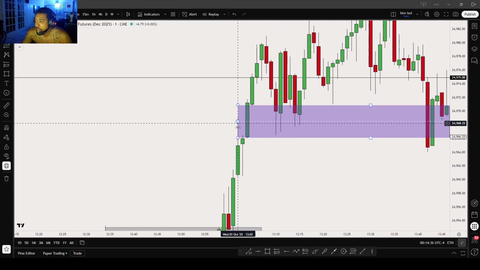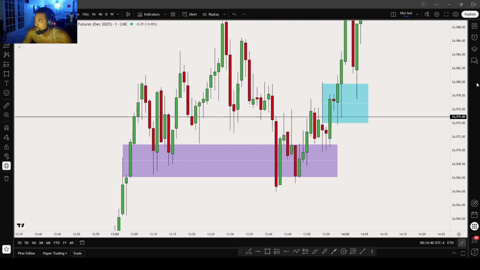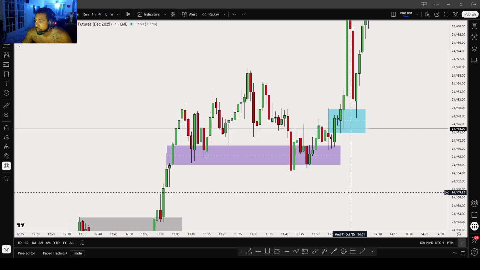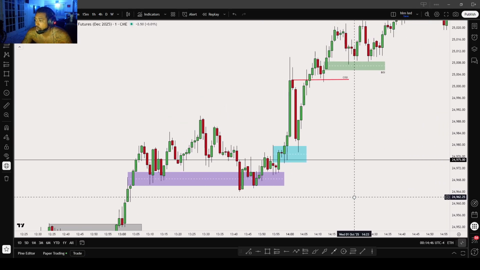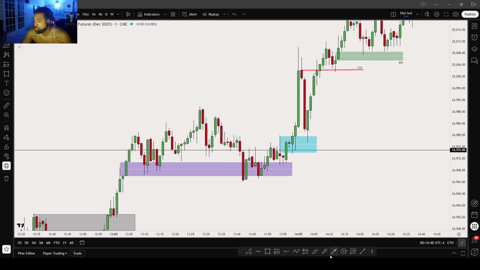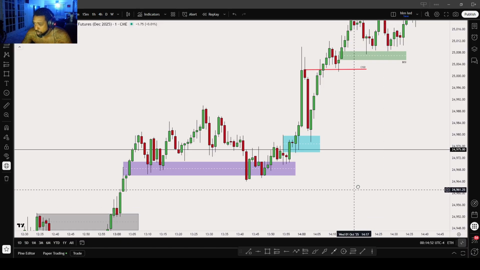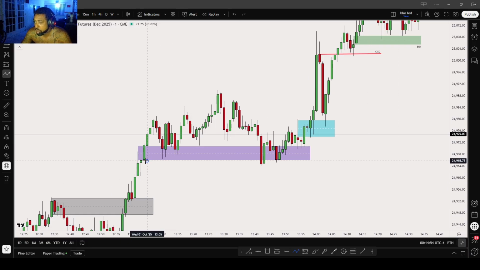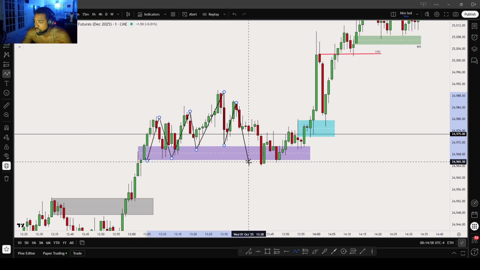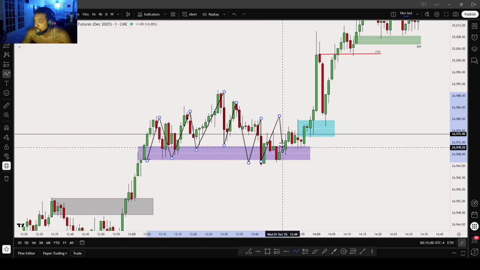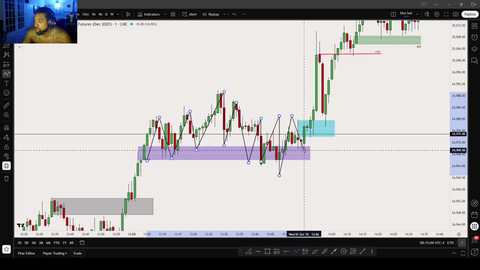And rally, you see how I got the high wick. This is a fair value gap coupled with this wick. You see, same thing right here. Accumulate. So remember I told you before, you're looking for the AMD model. Not at all times, but when you're properly aligned with price, the AMD model will appear a lot, right? So we get the accumulation, accumulation, accumulation, right? We're just generating orders, then we manipulate lower, faking people out, then we get the distribution leg.